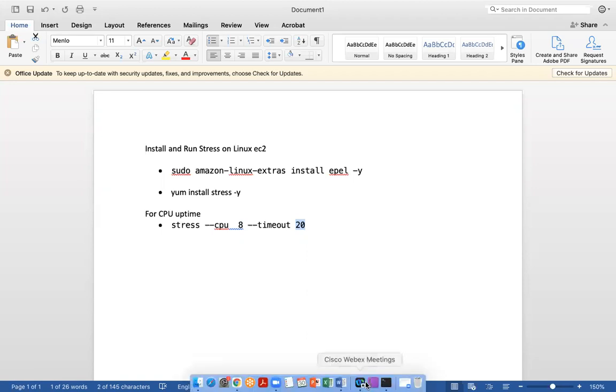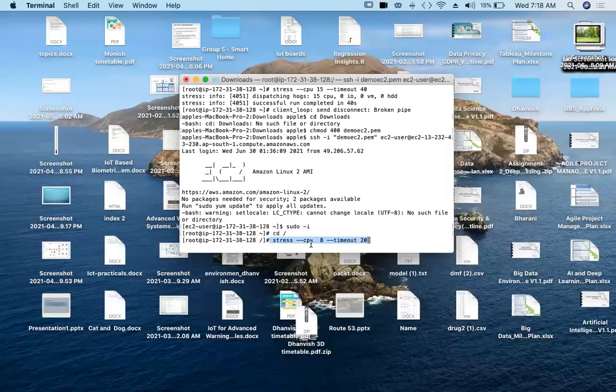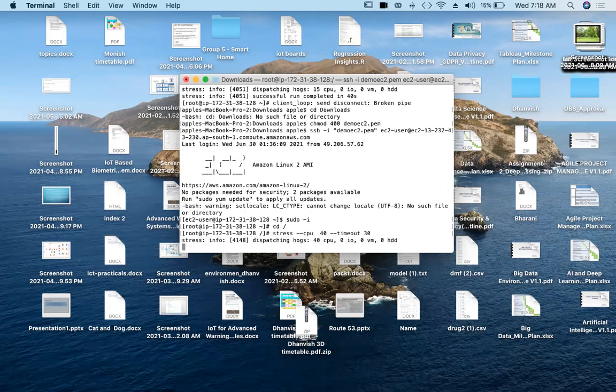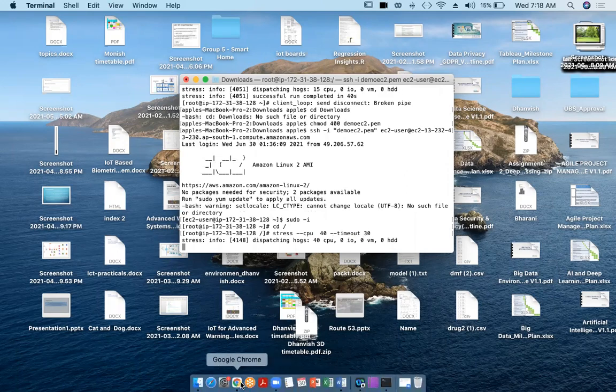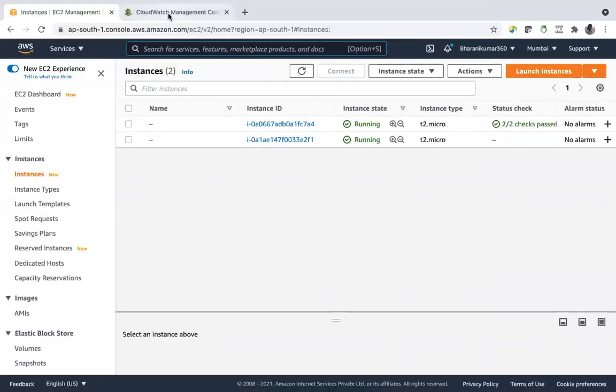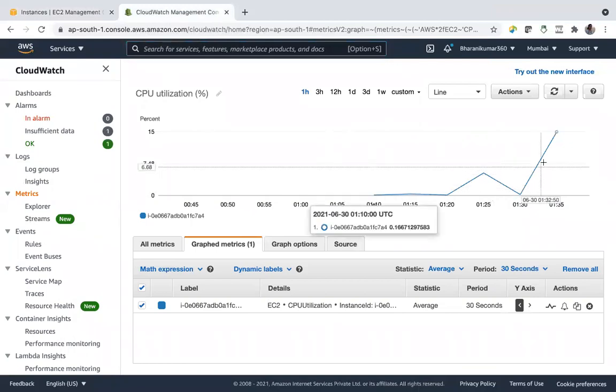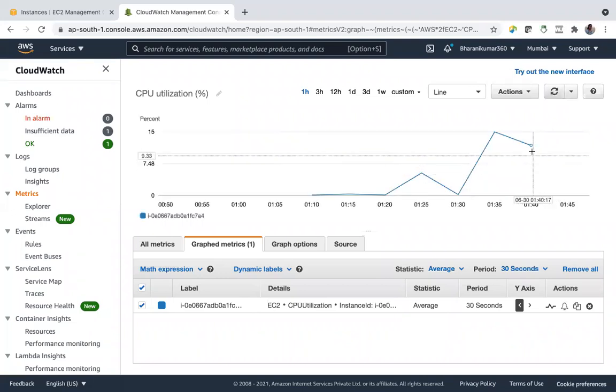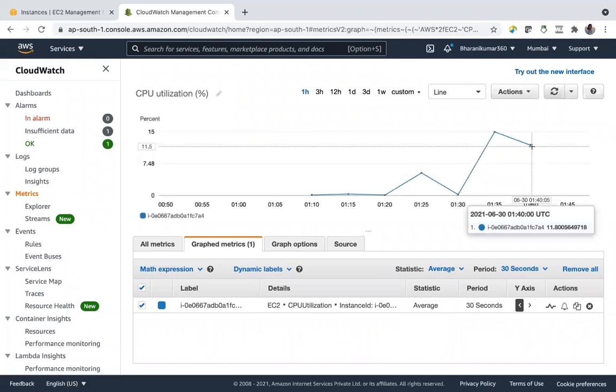Now let me go to EC2 and we will run the same command using 40 nodes, 30 seconds. And obviously, it was already 15% CPU utilization, and now it has reduced to 11.5.